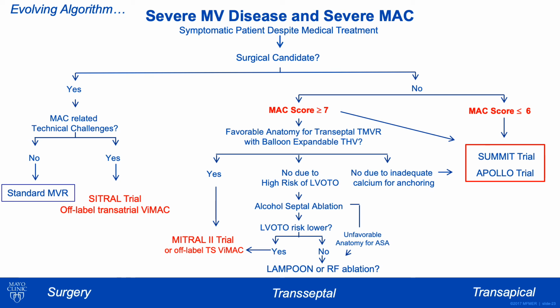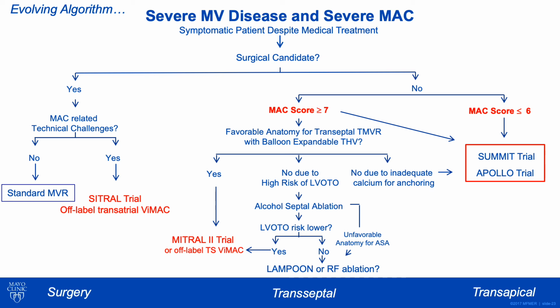We start with a question: is the patient a surgical candidate? If yes, then you can either do standard surgery if there are no challenges related to calcium. But if there's too much calcium, then you can consider transatrial valve in MAC, either under the Mitral trial or as off-label. And if the patient is not a surgical candidate, and if the MAC score is 6 or less, then you can consider mitral transcatheter heart valves. If the score is more than 7, then you could consider transeptal valve in MAC if the anatomy is favorable, but then